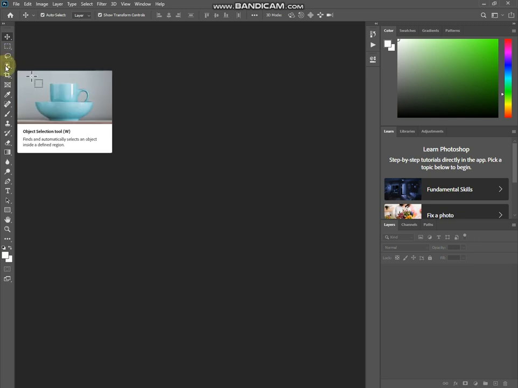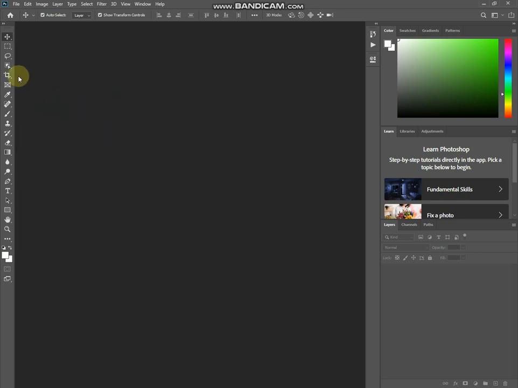The next one is the object selection tool. So when you want to select an object, you want to highlight an object, you have to click on the object selection tool, or on the keyboard you click on W, then it will take you there. The next one is